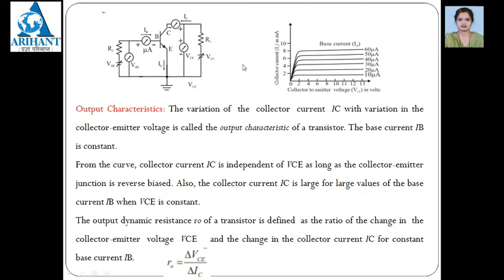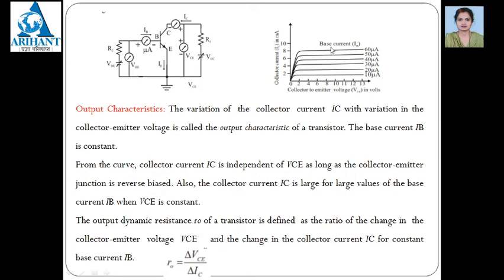From this curve, these are again the same. For measuring the current you can use your micrometer. For measuring voltage, parallelly you can connect VBE. For measuring VCE you can connect VCE parallel to this, and this is the IC current measurement. Here also a common emitter circuit is used.